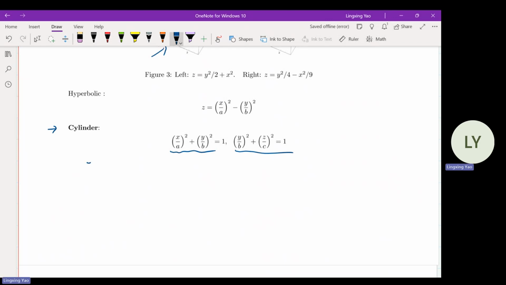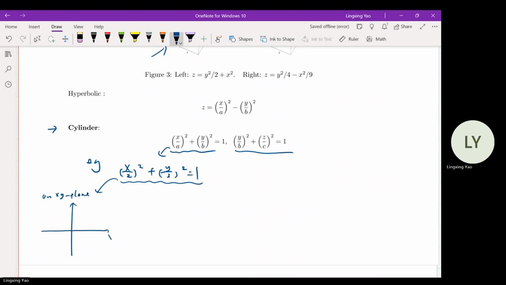So, for example, over here, if you look at this example, (x over 2) squared plus (y over 3) squared equals 1. What kind of shape is this? This is an ellipse. Ellipses are in two-dimensional space, in the XY plane, right? If you plot it on the XY plane,